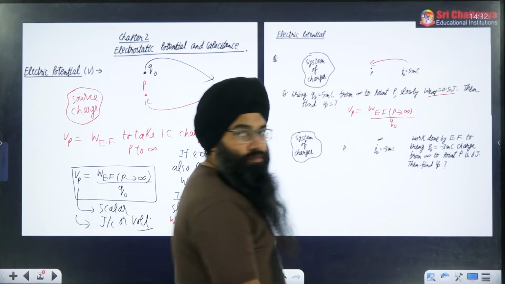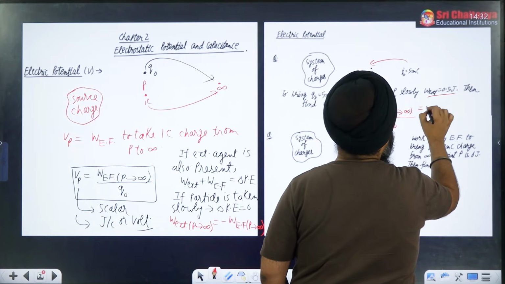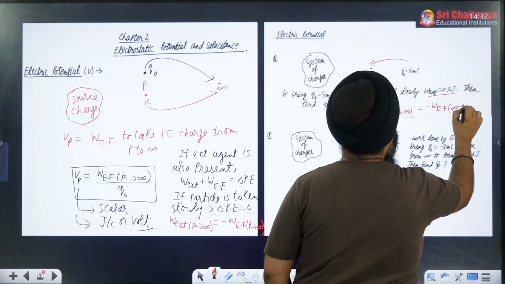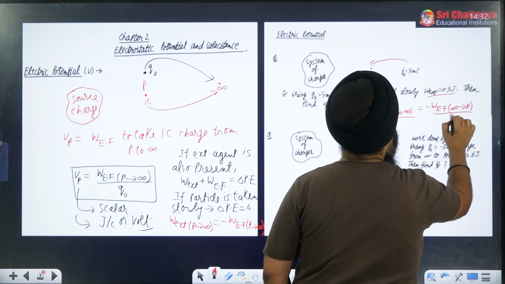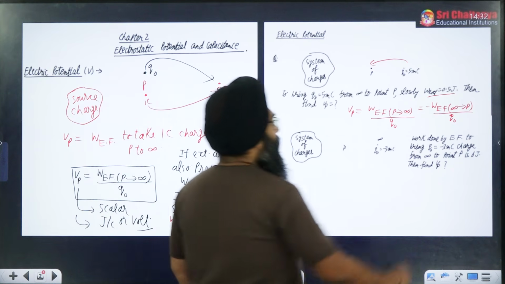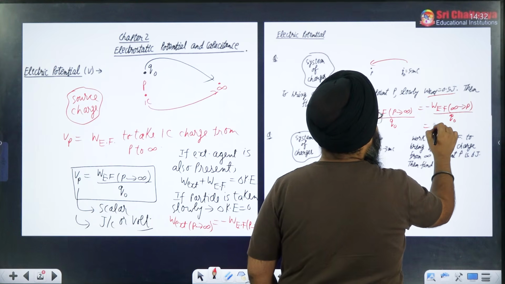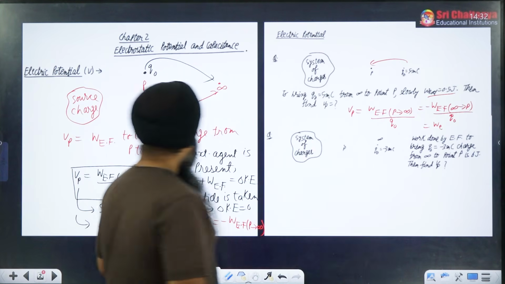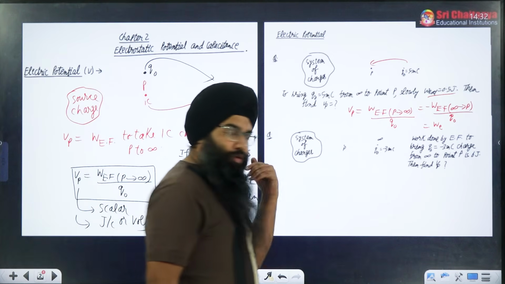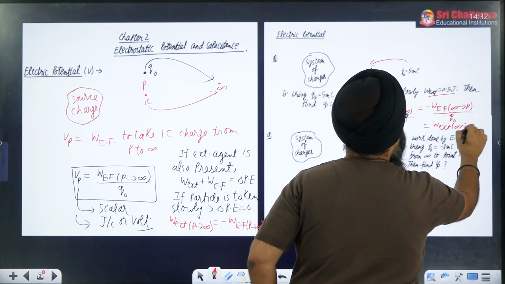to P is given. So how can I write? I can also write work done by electric field as negative of work done by electric field to take the charge from infinity to P divided by Q naught. Yes. Now this can also be written as negative of work done by electric field is basically work done by external agent. Just now I told that work done by external agent is basically negative of work done by electric field to take the charge from one point to another. So it can be written as work done by external agent to bring the charge from infinity to P divided